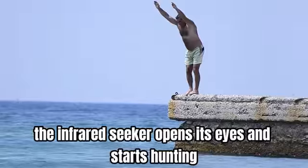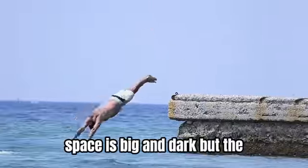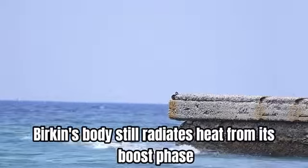The infrared seeker opens its eyes and starts hunting. Space is big and dark, but the Birkin's body still radiates heat from its boost phase. Against the